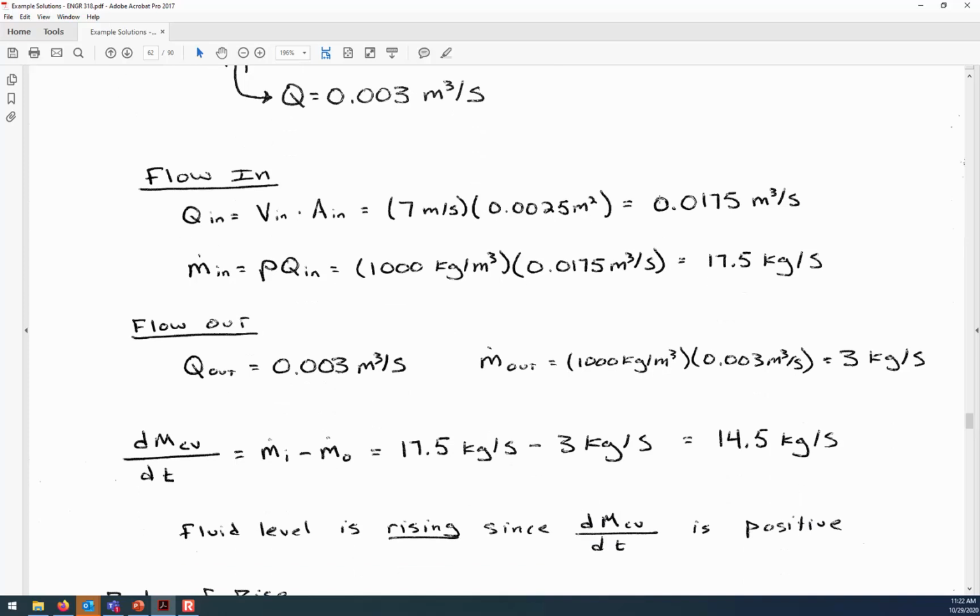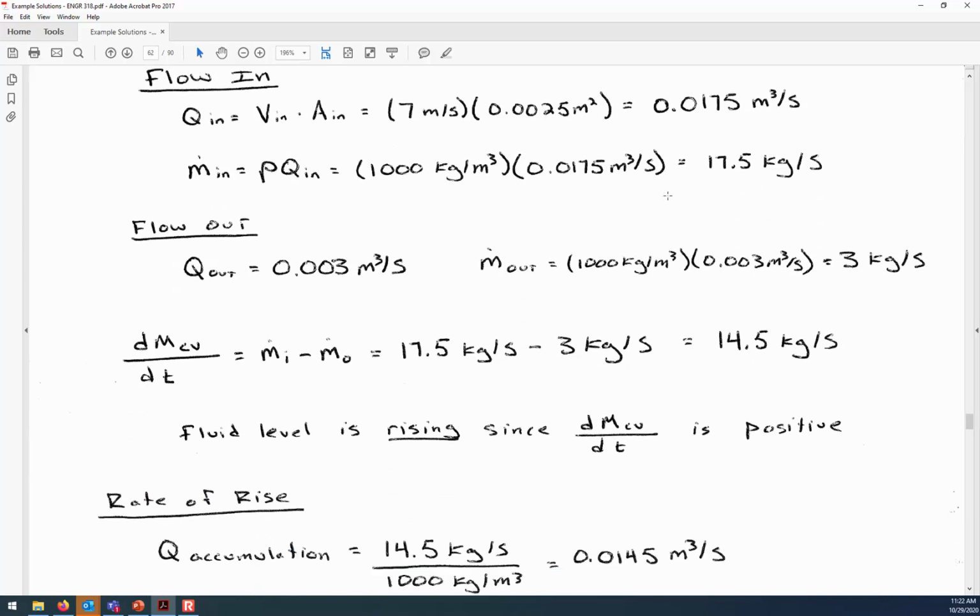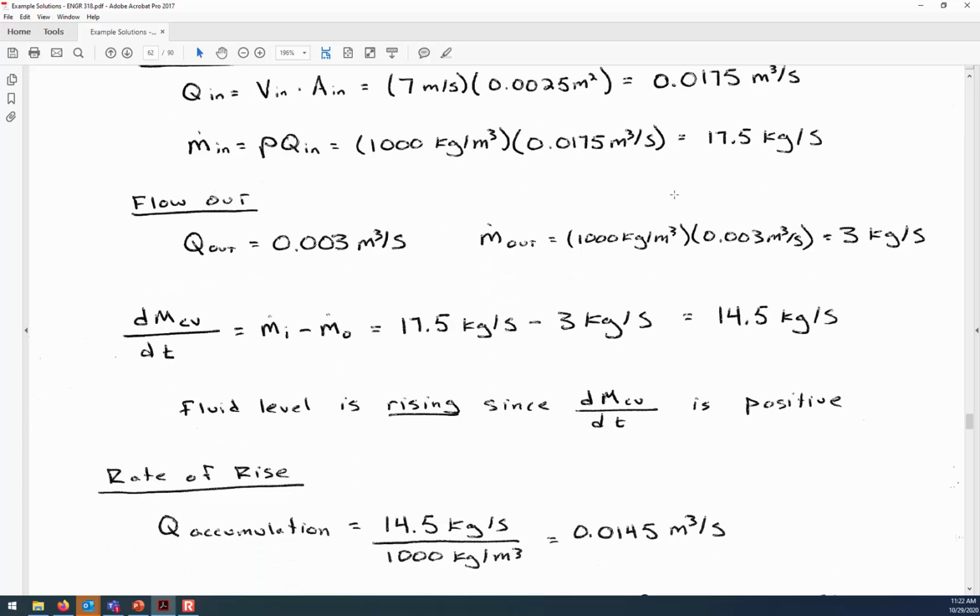And that means that the liquid level has to be rising, because the mass in the control volume over time is increasing. So the liquid level is rising. And so what's the rate that that liquid level is rising? Well, the accumulation on a volumetric basis, we have it in the mass terms, 14.5 kilograms per second. We can put that back into volumetric terms, and that tells us that it's 0.0145 cubic meters per second of